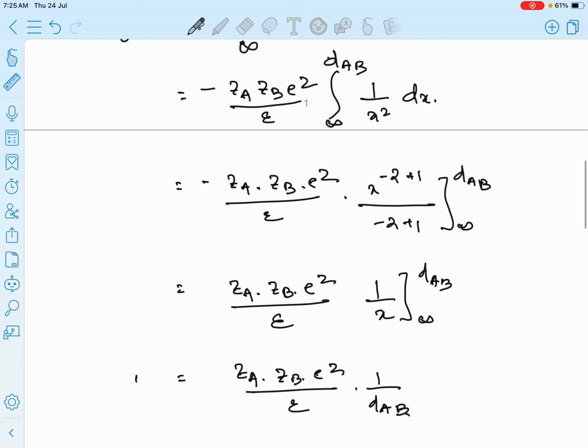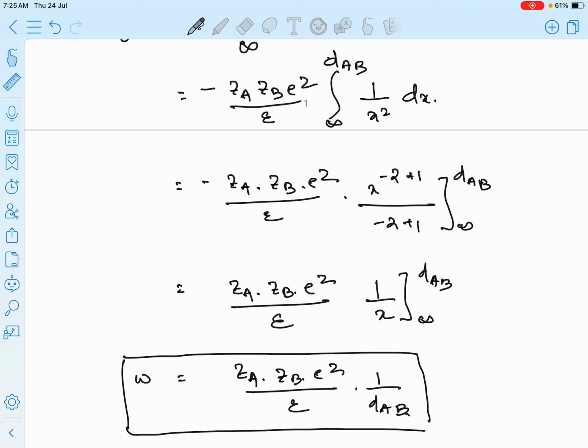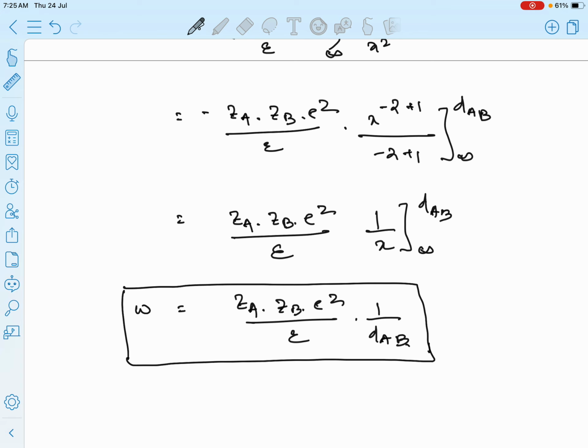This is the total work done a system can do during the approach of the ions. Therefore this is called the electrostatic work done. Electrostatic work done. Okay,